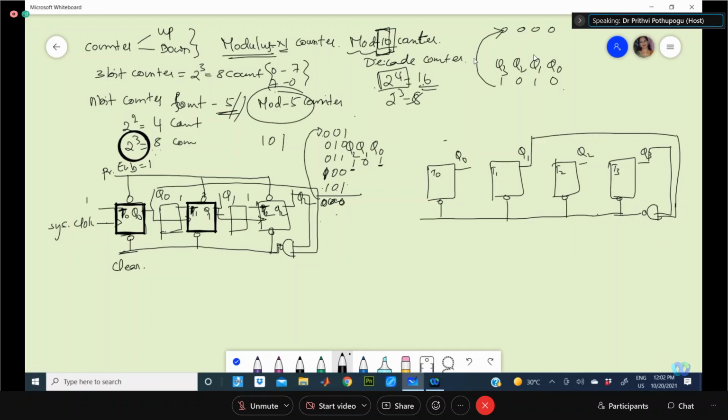Whatever you are connecting, whether the clock is connected to Q0 or Q0 bar, decides whether it is an up count or down count. Take this total circuit, then implement this path, and you will make it an up-down modulus counter. Take it as an assignment question and write it: design a modulus 10 counter as an up-down modulus 10 counter, and explain the operation of it.